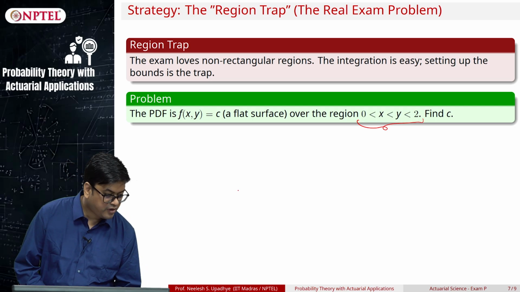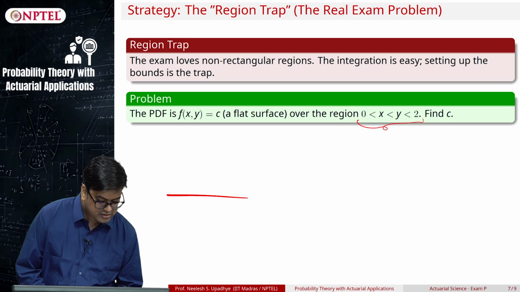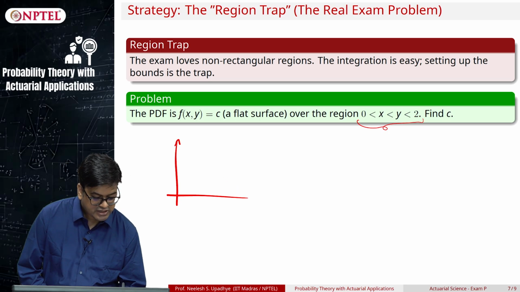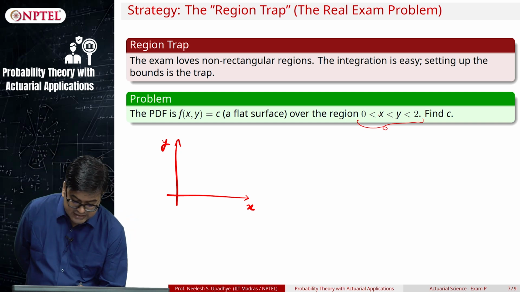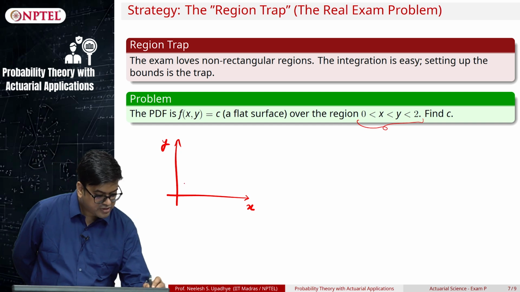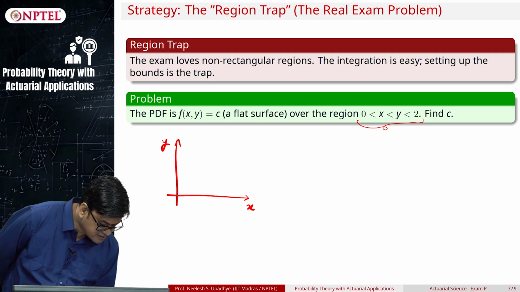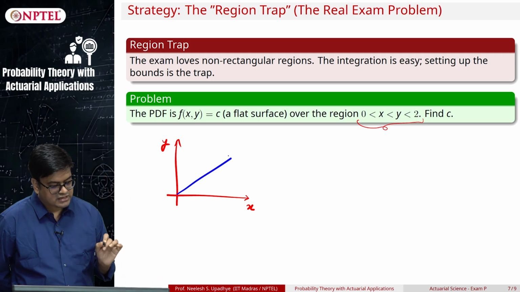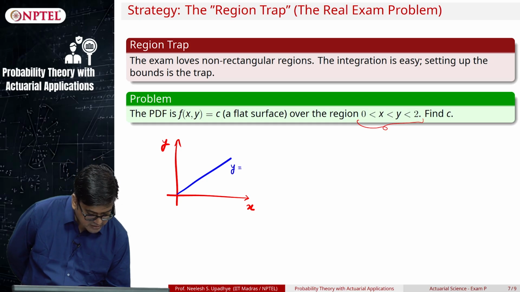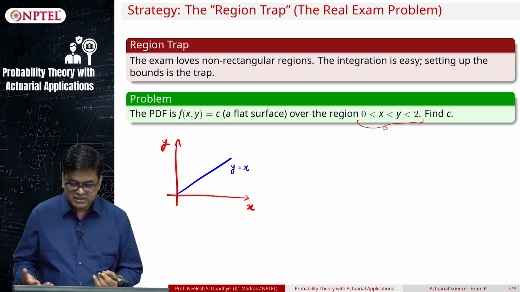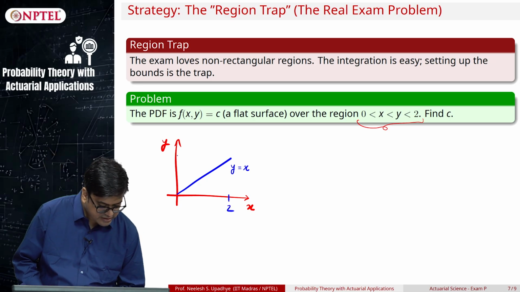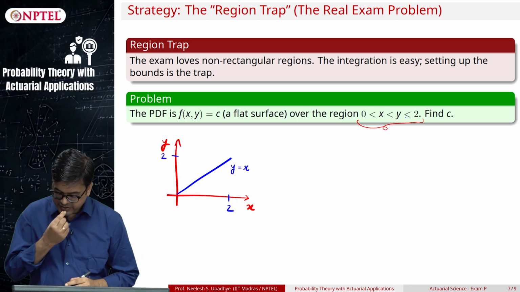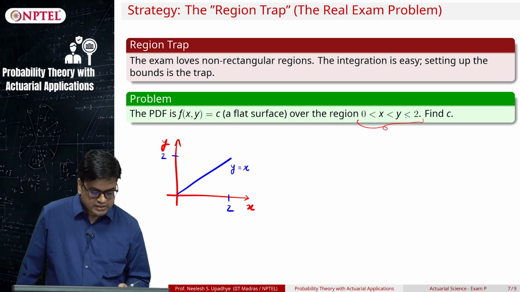First thing, you plot, do nothing but plot this xy plane. I was mentioning in earlier example also, you plot this xy plane. So, 1 is x is less than y. So, it is very important to draw a line which is y is equal to x. Okay. So, this is a line, say y is equal to x. Now, where is the region? X is less than y. So, on one side it should be 2, on the other side it should be 2, because that is what the limits are. Okay. So, where is the region?